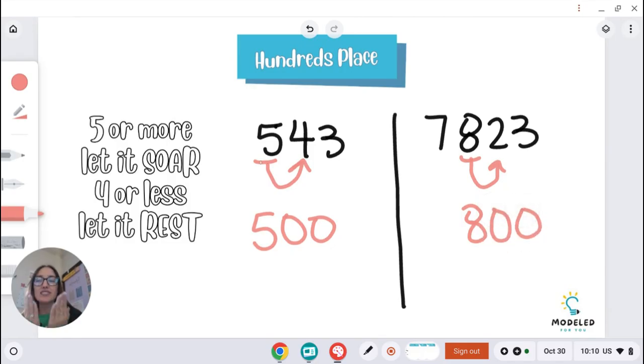But if 7,823 rounded to 800, would that make sense? Absolutely not. A lot of times we have to think when we're doing math, does that make sense? Now, this would not make any sense, so I have to bring down my 7 to make my number 7,800. That makes a lot more sense, and it's a lot closer to the number